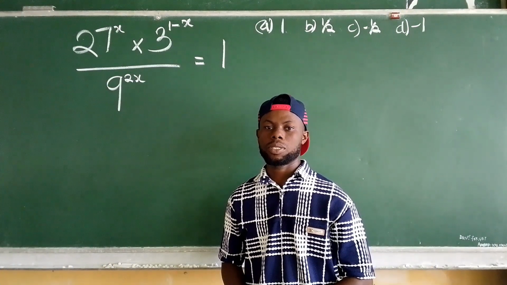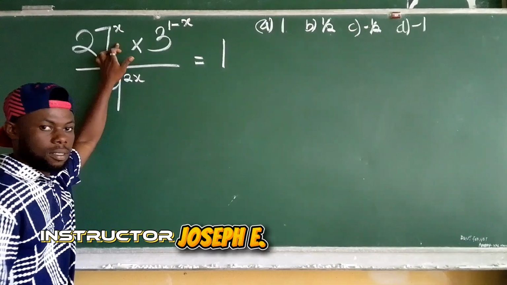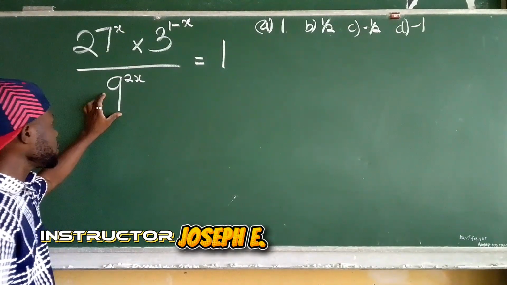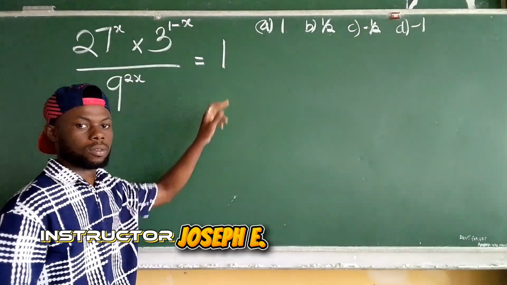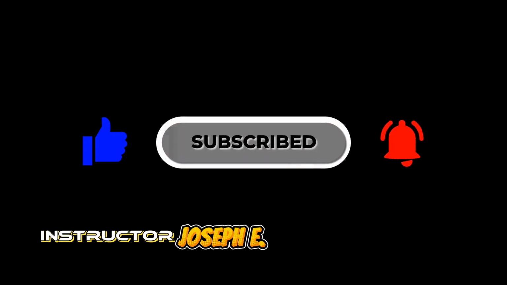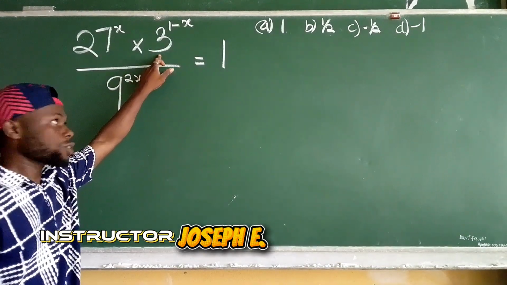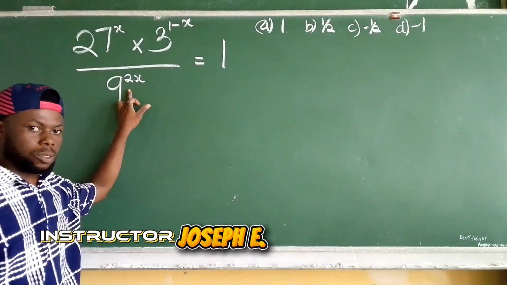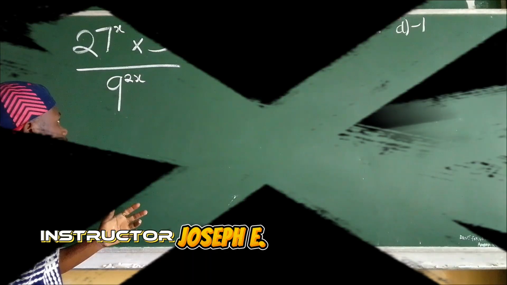This is how you can solve this post-UTME question. The question is: 27 raised to the power of x times 3 raised to the power of 1 minus x, all divided by 9 raised to the power of 2x, is equal to 1. Now this is base 27 to the power x, base 3 to the power 1 minus x, base 9 to the power 2x. The first approach is to change 27 and 9 into base 3, so that